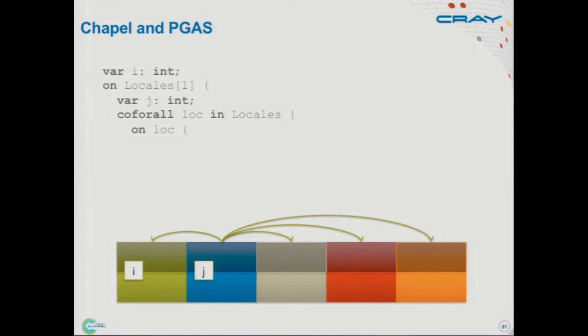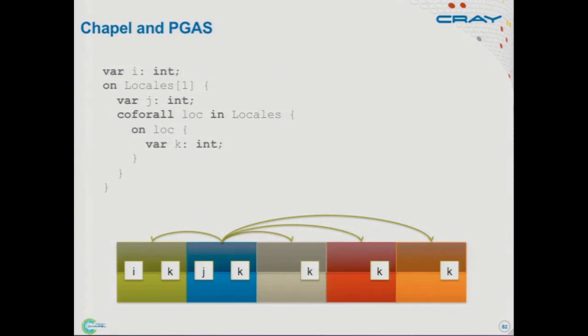This is a really common idiom. On that locale, do something, right? So I'm basically creating a task on every node. And so then I can do something like allocate a variable k that's also an integer. And what I'll end up with is every task will allocate its own copy of k on its own locale. Again, any one of those tasks can refer to j or i. If I created additional scopes and tasks within there, they could refer back to the k's of their parent. It's all just sort of the natural way you would do scoping in a language.